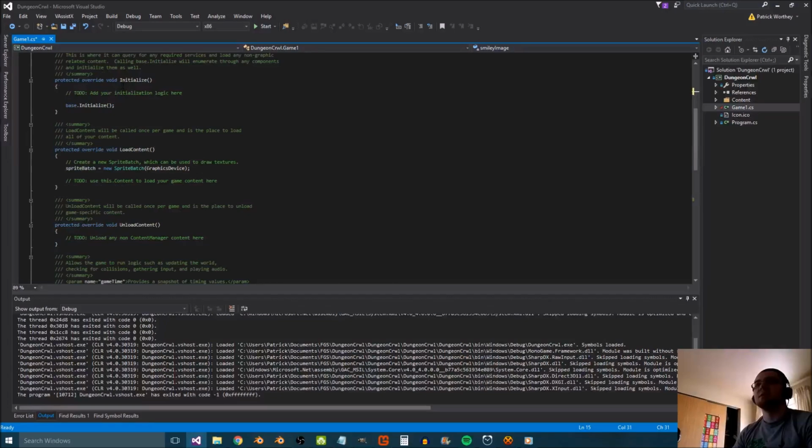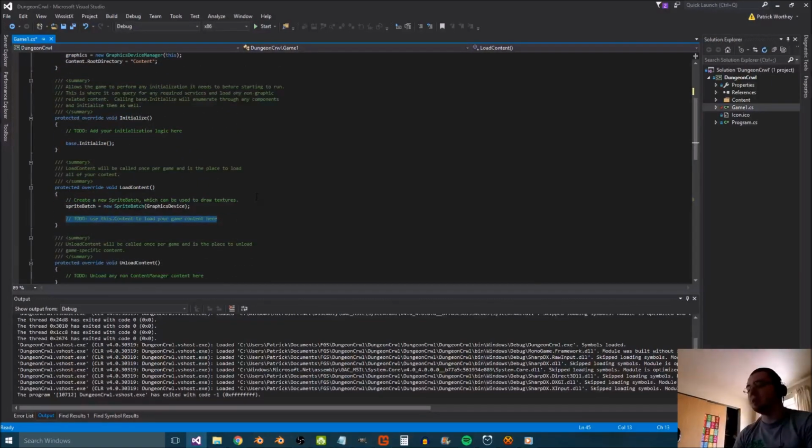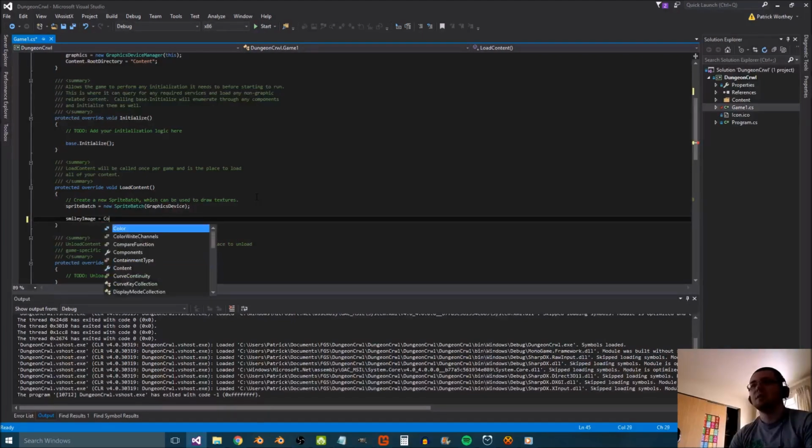Then scroll down to the load content function, because this is where we want to actually load that image. And the way we do that is we say smiley image space. I like to put space. You don't have to though. Equals space, and then capital C content dot load,